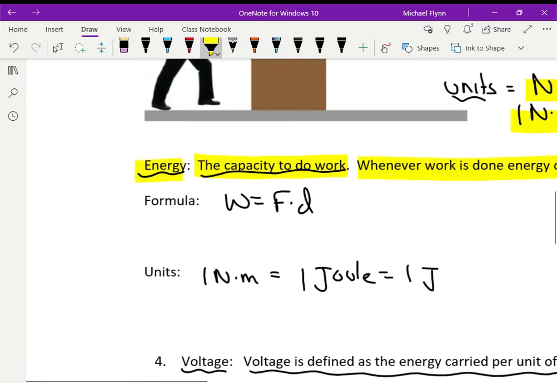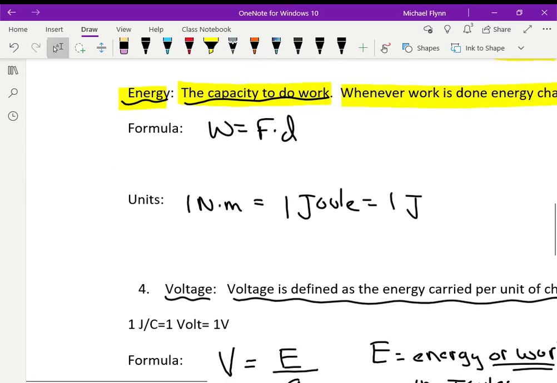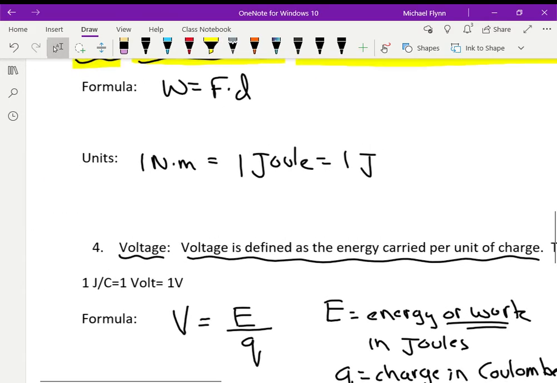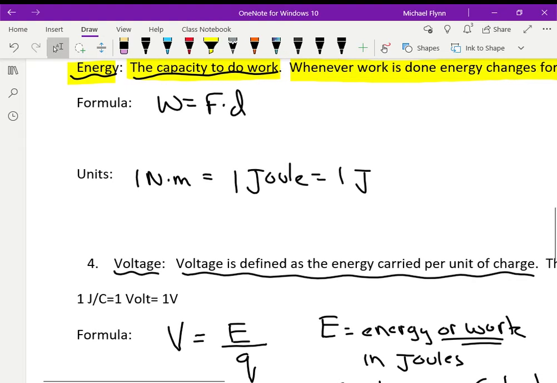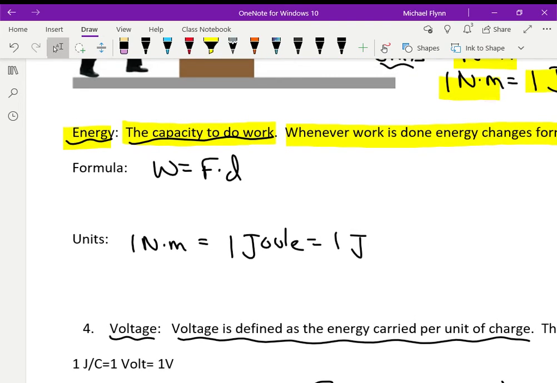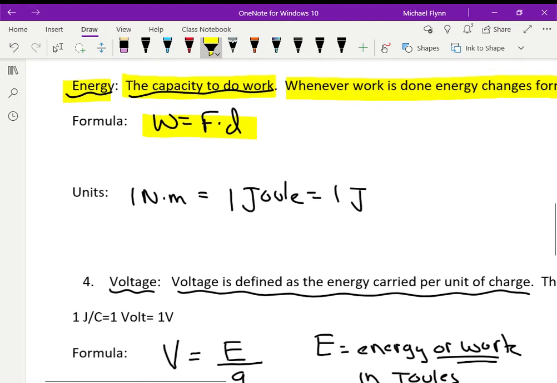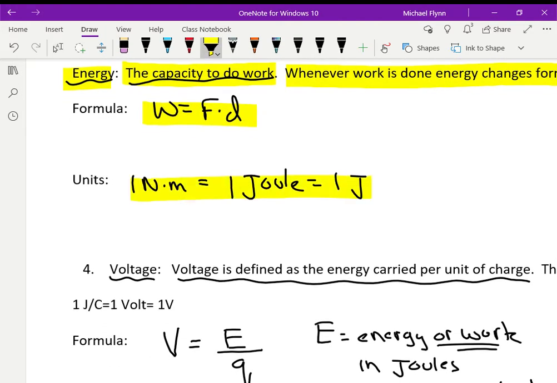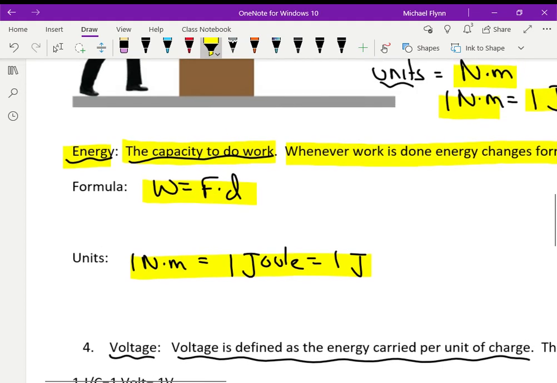I think. I gotta maybe verify that number, so we'll treat that as, let me verify by looking it up, but I think it's around 60 joules per second for the human body. All right, so the formula for work I already told you is force times distance, and I already told you about the units. As long as you understand that you can use the words work and energy interchangeably,